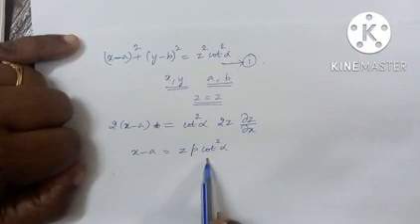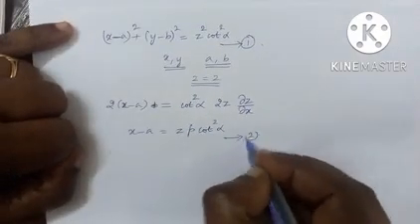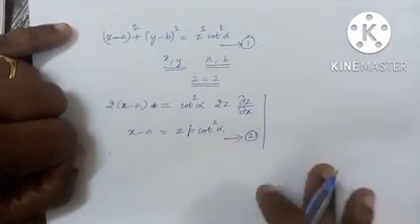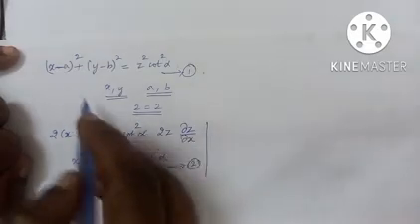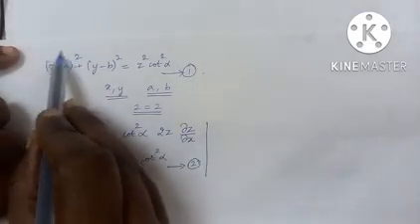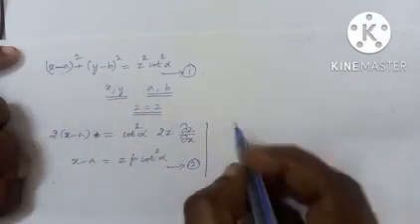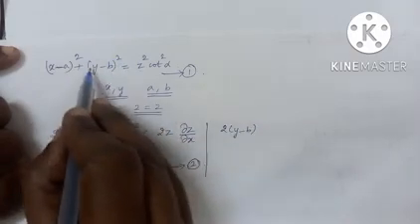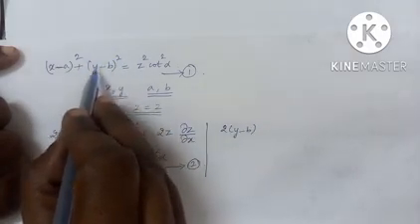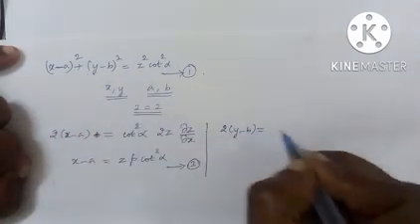Anyhow, we will get the answer free from a and b. So this is our second equation. Then differentiate the same first equation, y minus b, with respect to y. When you differentiate with respect to y, this will become 0, being constant. This will become 2 into y minus b. Then after reducing power, differentiate y minus b with respect to y, which is 1, which is equal to cot